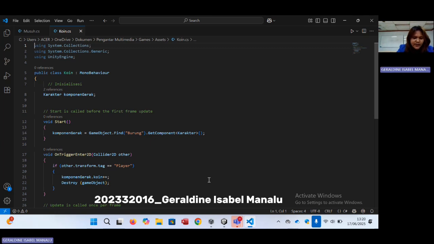When the player object with the player tag touches the coin object, the number of coins in the character component of bird will increase by 1 and the coin is immediately destroyed, removed from the scene using destroy game object. The update function is provided but not used, while the main logic is on trigger enter 2D, which handles interaction between objects.